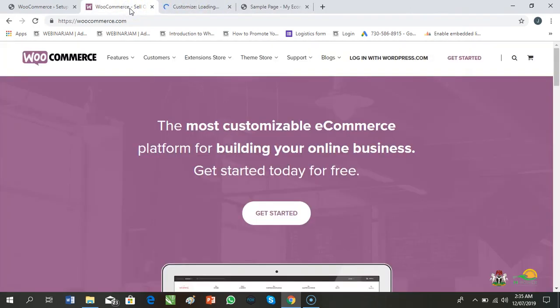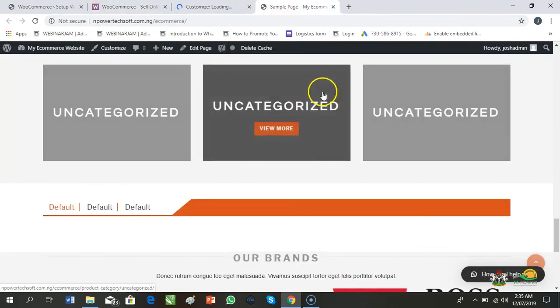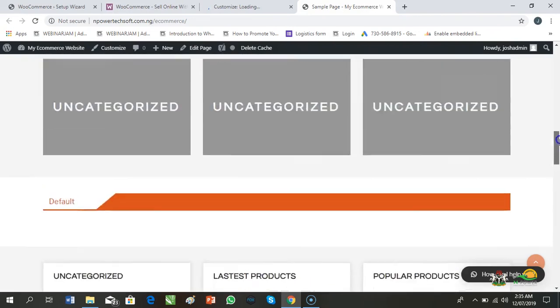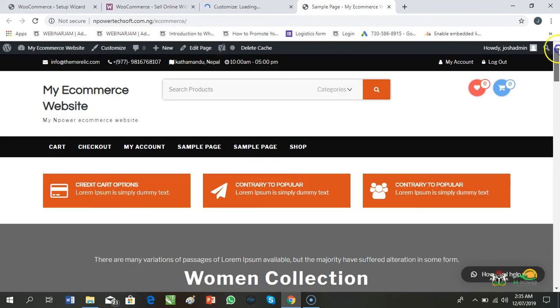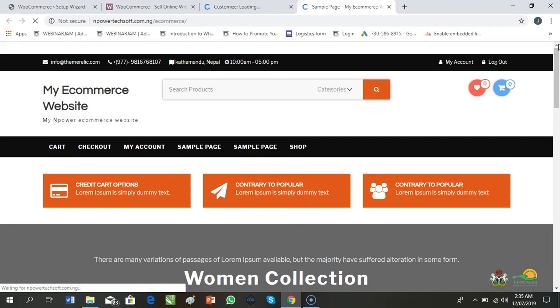Meanwhile, let me just delete this and delete this. Let me also delete, okay, let me leave this. While that is loading, I want us to refresh this page and look at what we have here after installing WooCommerce.